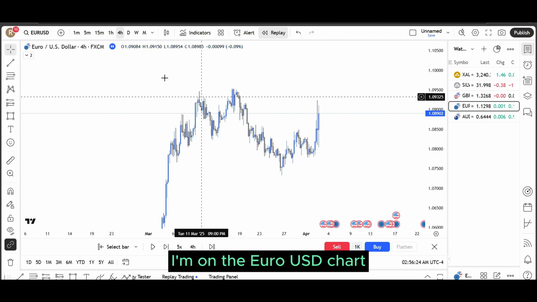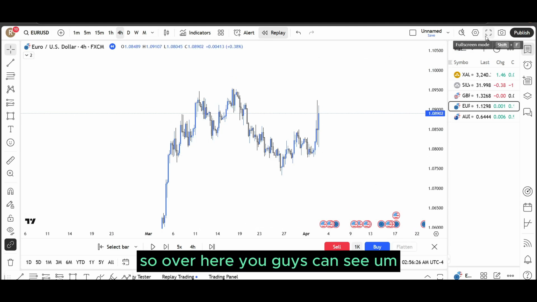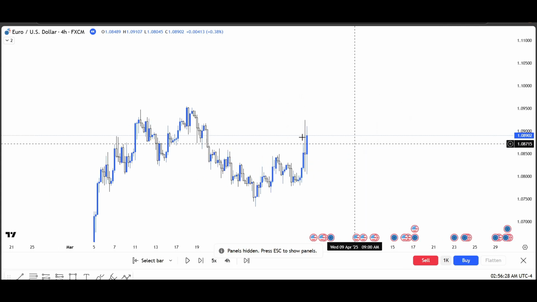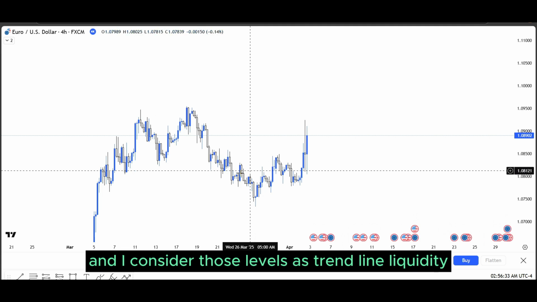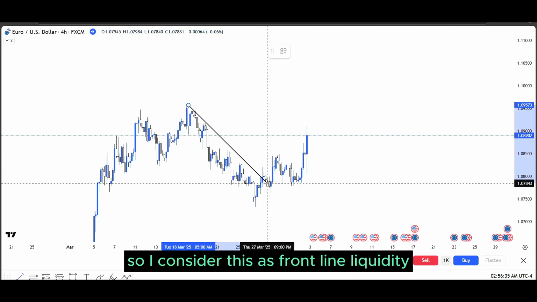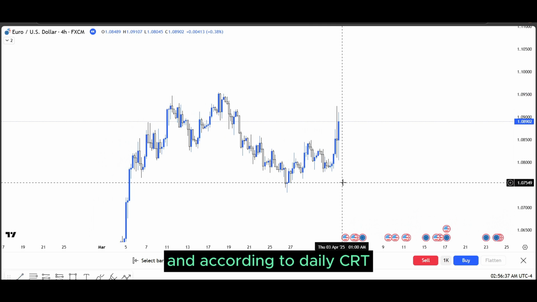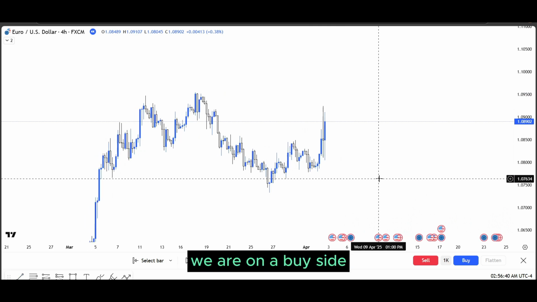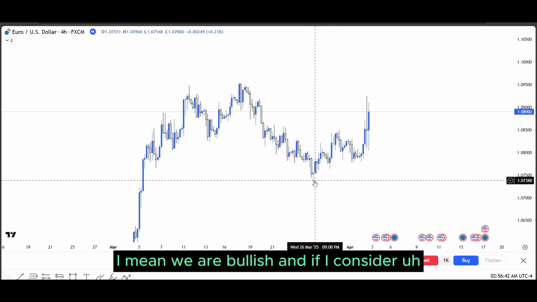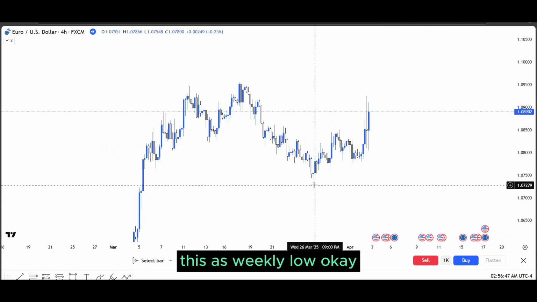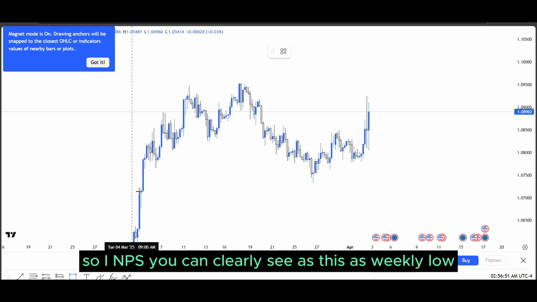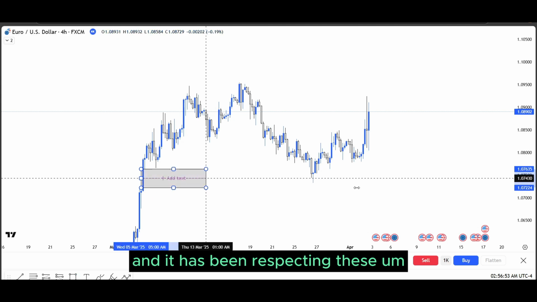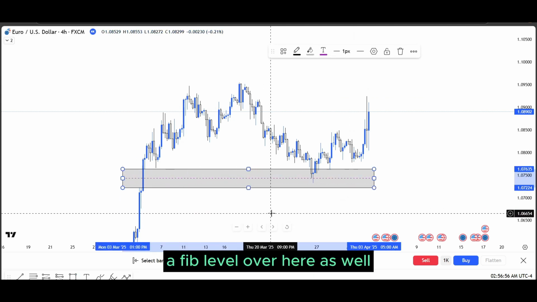Okay, so guys, I'm on the Euro USD chart. Here you guys can see that we have some liquidity resting over here, and I consider those levels as trend line liquidity. According to daily CRT, we are on the buy side, I mean, we are bullish. And if I consider this as the weekly low, we can clearly see it as a weekly low,